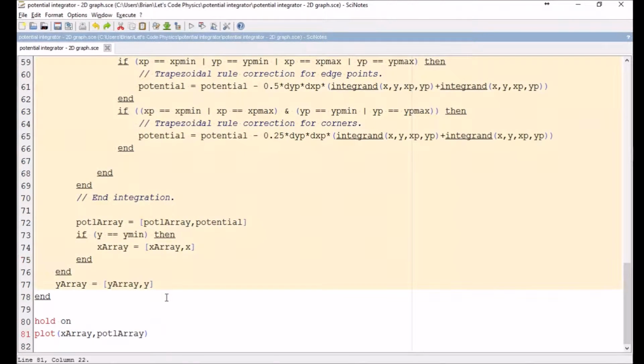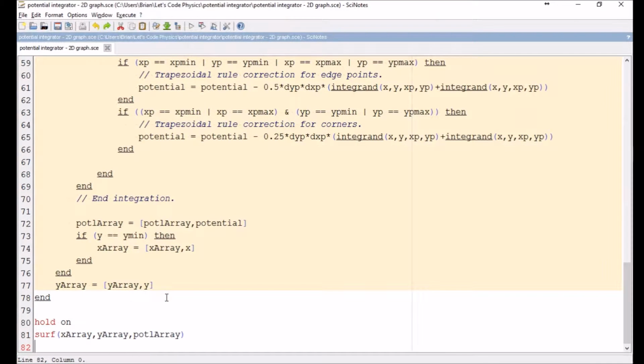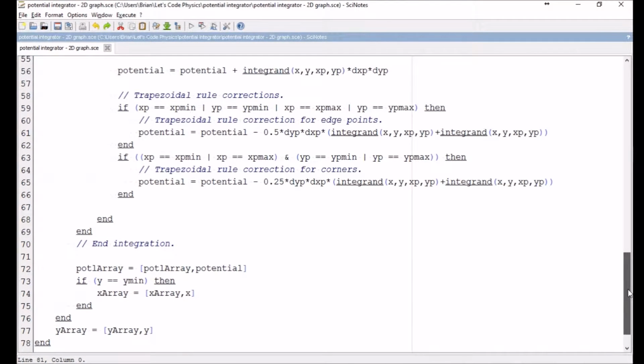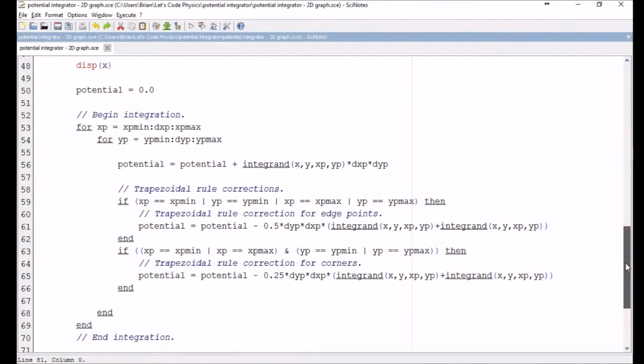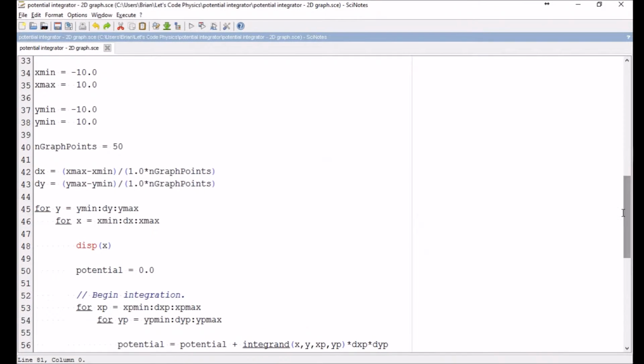Speaking of graphing, in order to graph this thing in 3D, I need to use the surf command. And for that, we tell it we've got an x array and a y array, so those are our two independent variables, and then I need the potential array as the dependent variable. Cool. I don't think I want to use hold on there, because I should only have one. You really don't want two surface graphs at a time, I don't think. Cool. In principle, that is all we need to do,